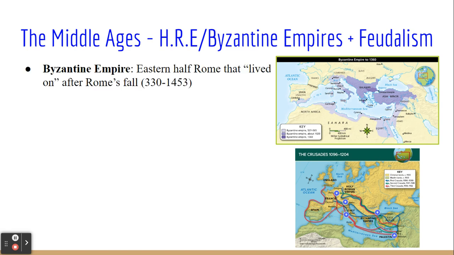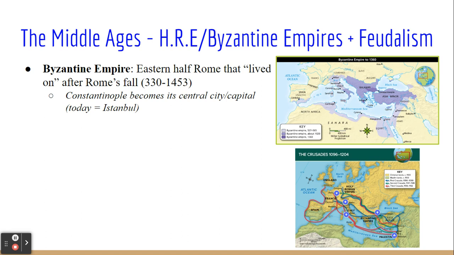So the Middle Ages, very, very long stretch of years, and I'm going to highlight some key things or developments or civilizations that emerged during this time, starting with the Byzantine Empire. You can see in the top picture in purple, the Byzantine Empire grew to be quite large, and it's actually what used to be the eastern half of the Roman Empire. Rome didn't just disappear after its empire fell, it just got fractured.